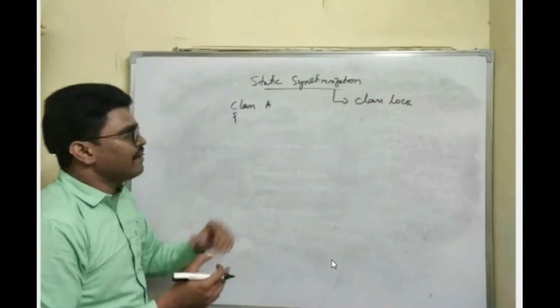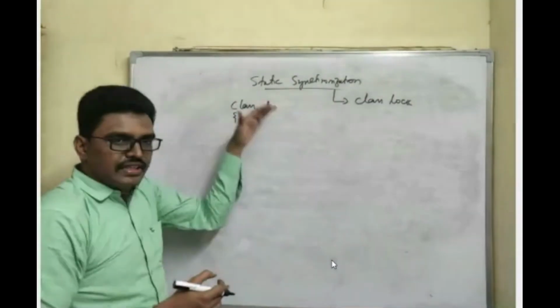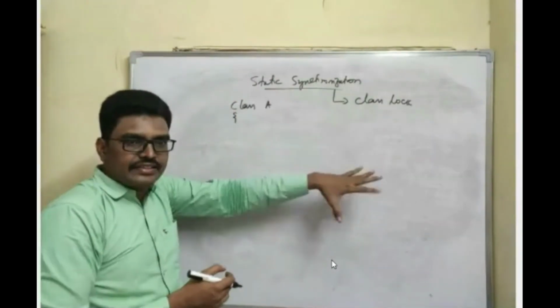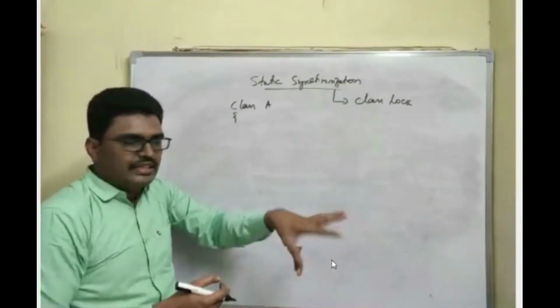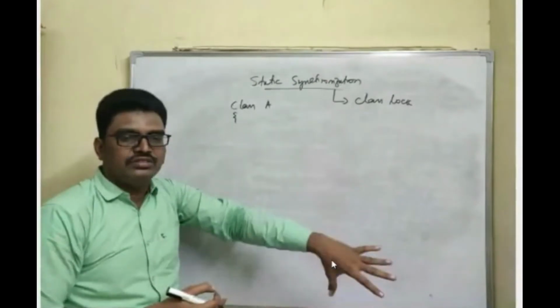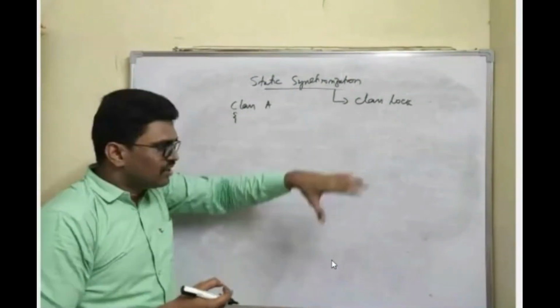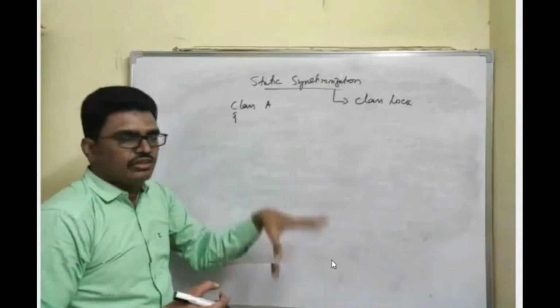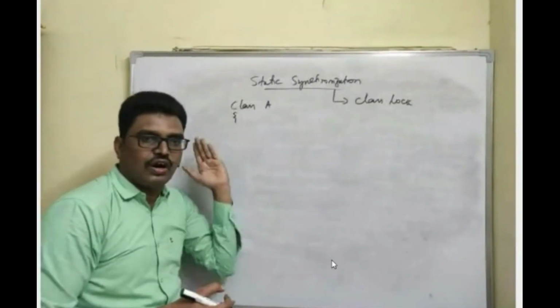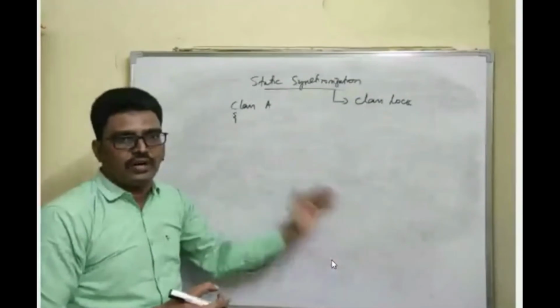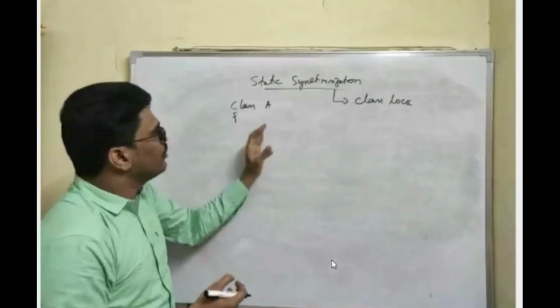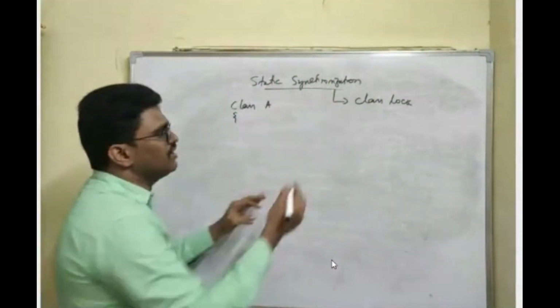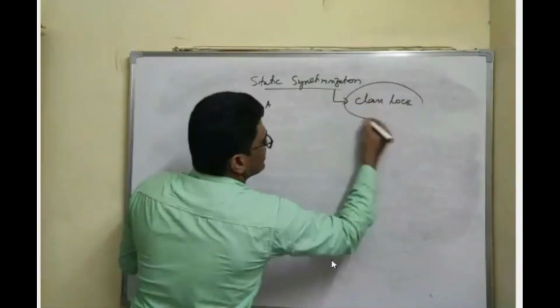Whenever you have static members and the static member is accessed by two or more threads, that static method may go into an inconsistent state. The data inside that static method may become inconsistent. Since it's a static method, object synchronization does not work for you. So we use static synchronization, where the class lock is acquired.